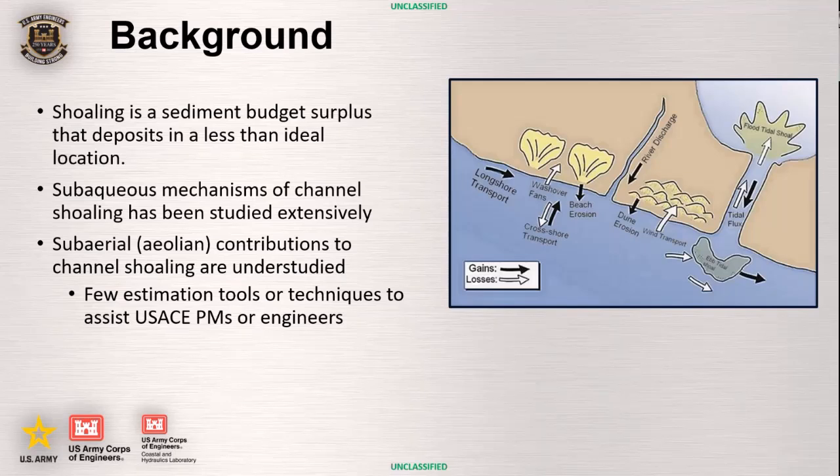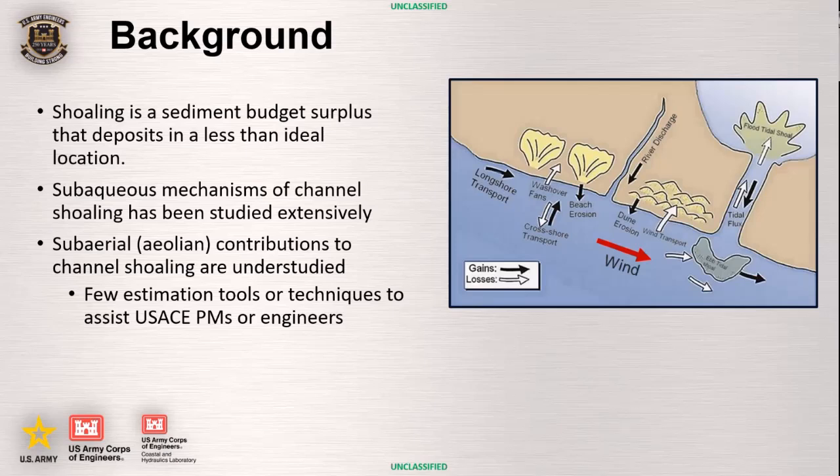I like this initial photo of the sediment budget. This is from, I think, Komar 1996, in which we see these gains and losses of the sediment within the system. If we look at the wind transport component of the system, we see that wind is blowing into the dune system and quantified as the sediment loss. That is true in many points in time within a system. However, not always the case, right? So really working to challenge this paradigm